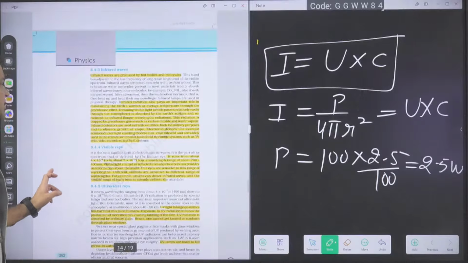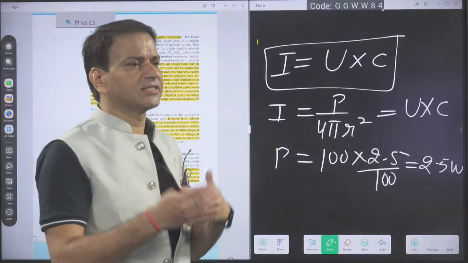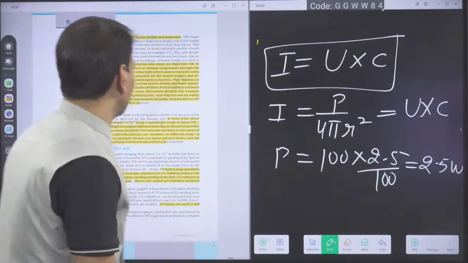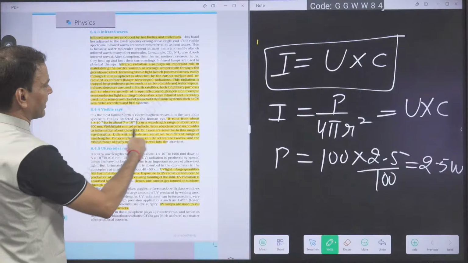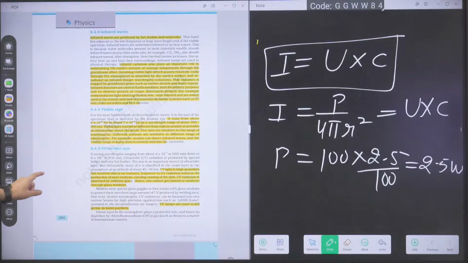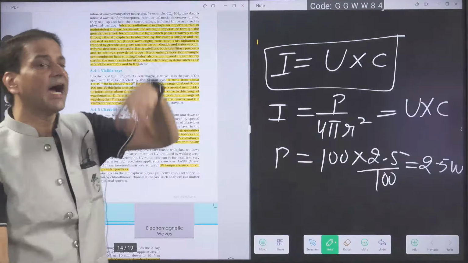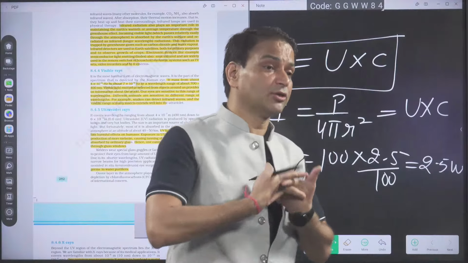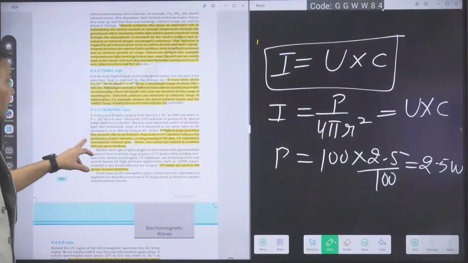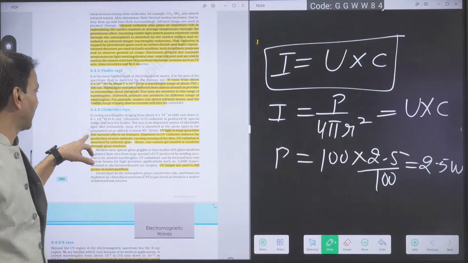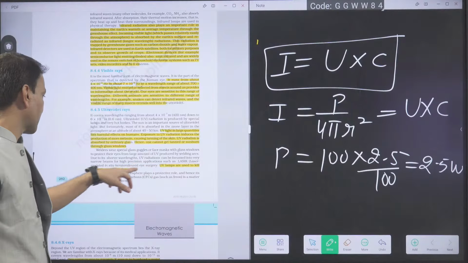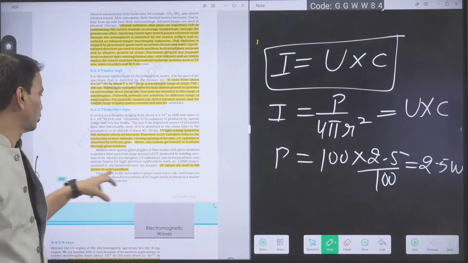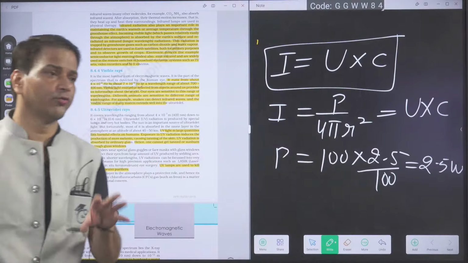Visible rays. When the temperature of the body is slightly more, after the infrared it will emit visible light. What is the use of the visible? Everybody knows. And what is the range of wavelength for the visible? Everybody knows. Ultraviolet: when the body is heated to high temperature, it will emit ultraviolet radiation. How are we protecting against ultraviolet? What are the uses? UV lamps are used to kill germs in the water purifier. This was also given in the exam. So UV radiation we are using.